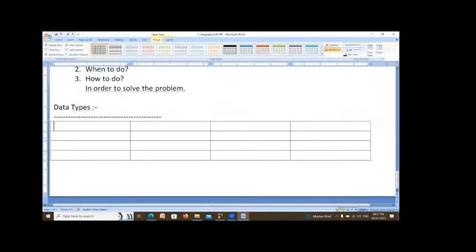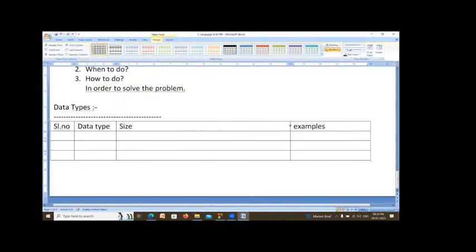Now, serial number. I will explain the data types now. Data type. What is the size of each data type? What are the examples? Now, totally how many data types are there?